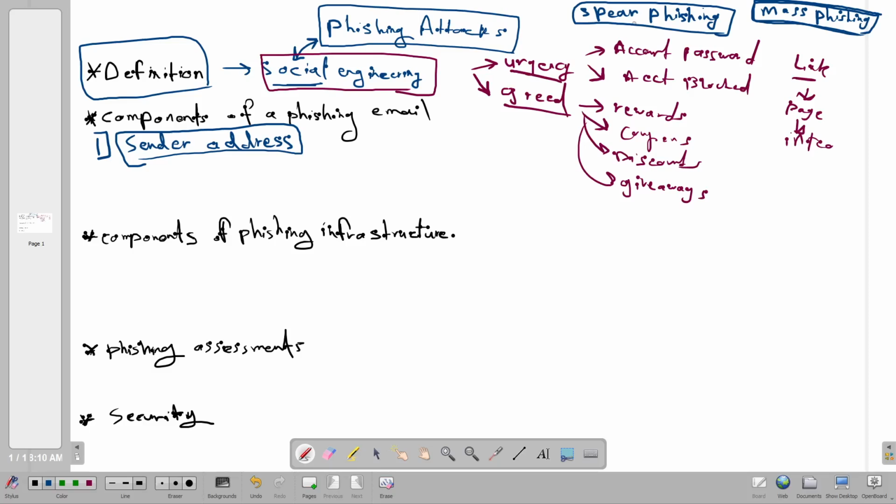If you are targeting, let's say, an IT employee working at company X, the sender address should have the domain name of that company. Say the person is working at x.com, your sender address should be, say, Julian at x.com.